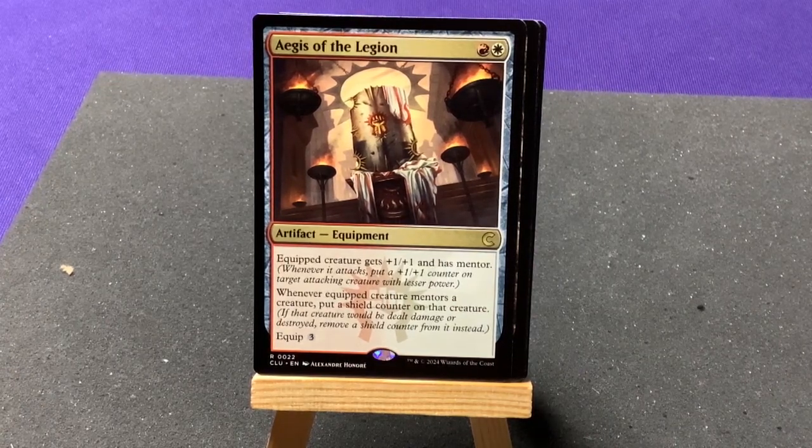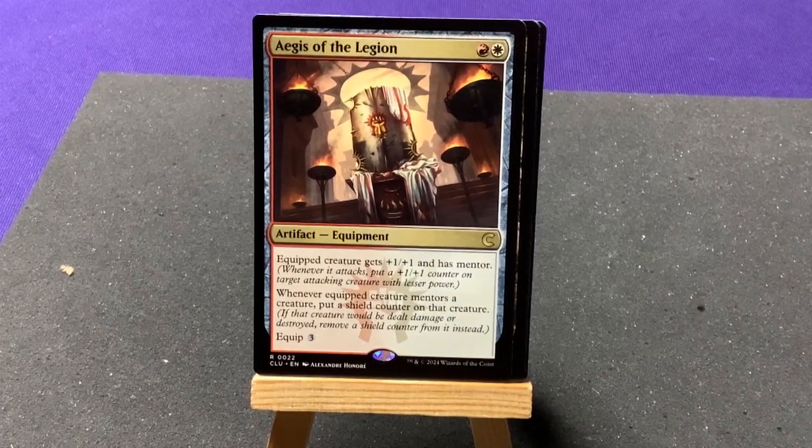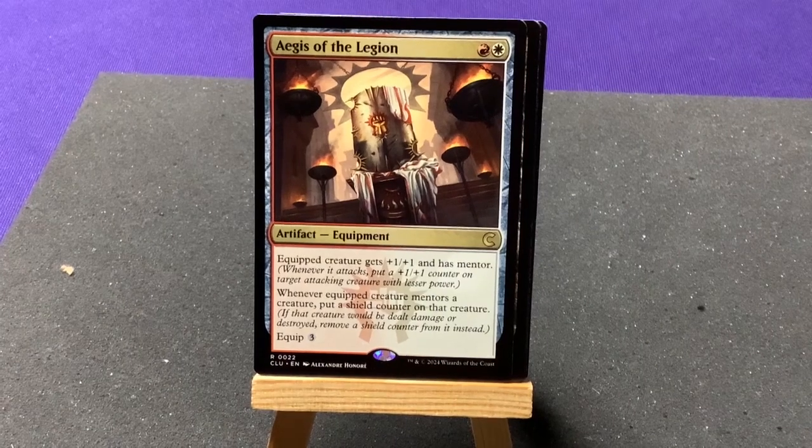Equipped creature gets +1/+1. It has mentor. Whenever equipped creature mentors a creature, put a shield counter on that creature. If that creature would be dealt damage or destroyed, remove a shield counter instead. Equip 3. Oh, so that's pretty cool. So I do want to just look at this really quick. So